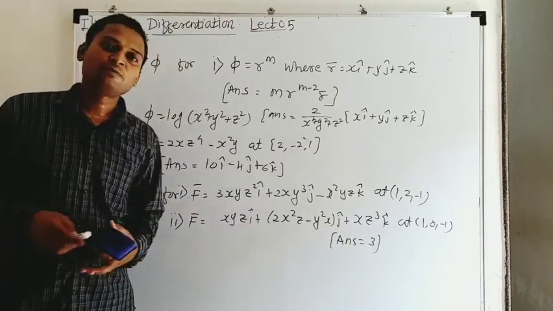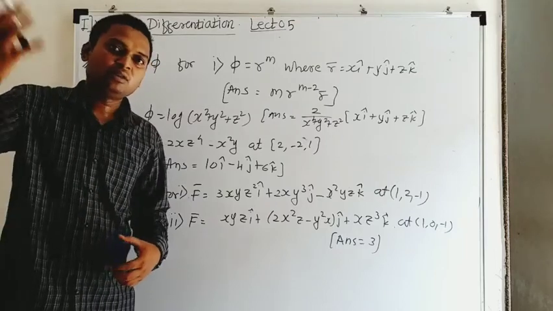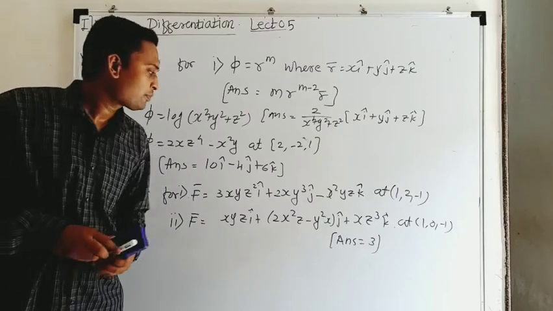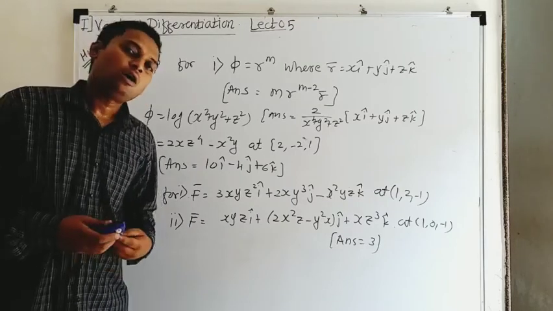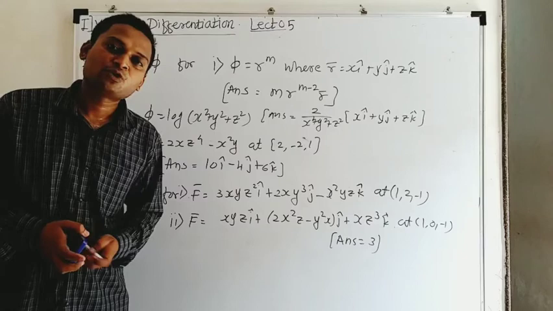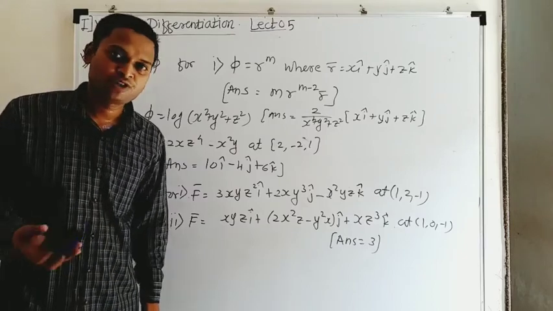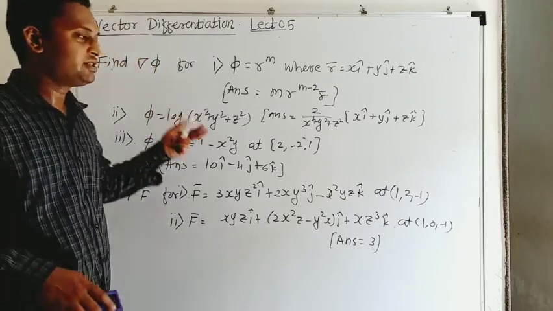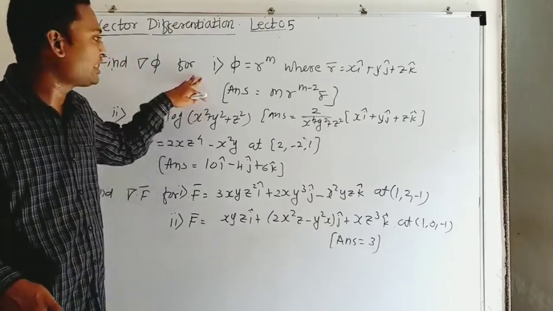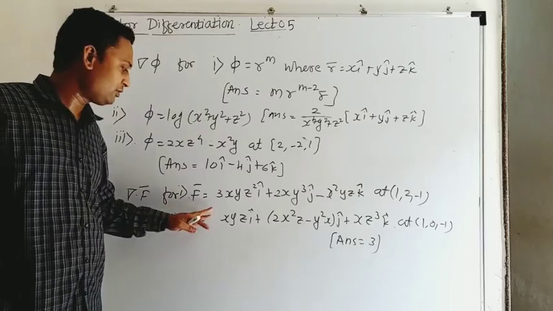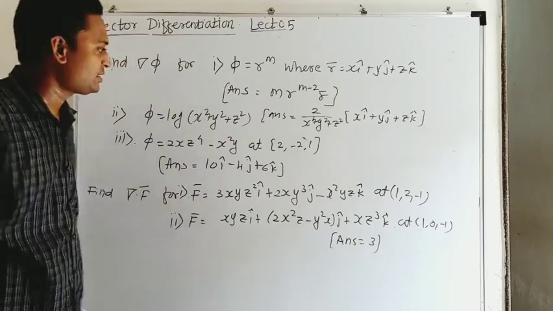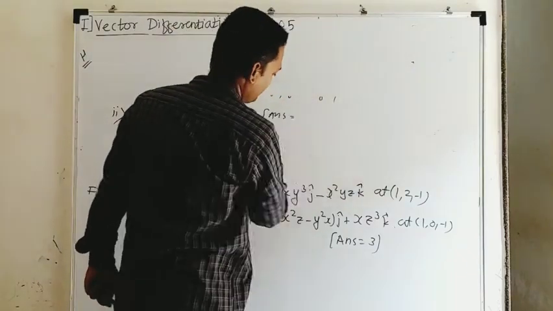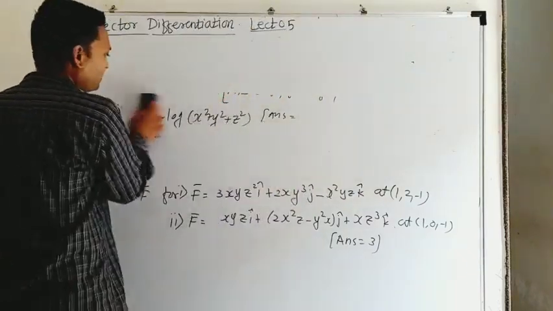And the problems on curl we are going to cover in the next topic, scalar potential. So here we are not going to take examples on curl of a vector function. We are directly going to take the examples on curl in the topic scalar potential. There we have to calculate the curl of a function in most of the problems. Okay, so this is regarding divergence and gradient, with one example for divergence and one for practice. So let us start. I will solve one problem for you on divergence and you complete the second at home.